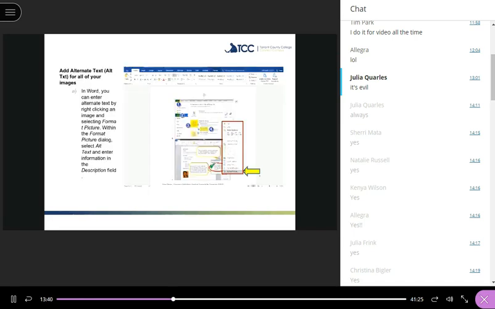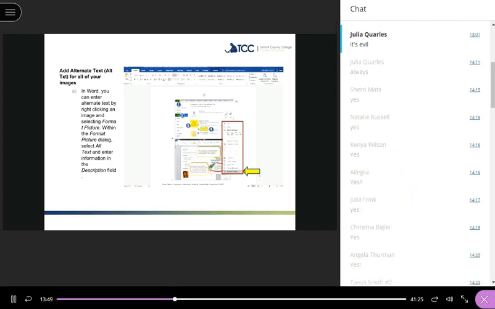Hey, Scott. Yes, sir. The screen reader will also, once it's a hyperlink, say hyperlink to automatically. It'll recognize that that's a hyperlink, and so it will say hyperlink to Tarrant County College. That's see. Thank you, Austin. That's totally cool. That makes it a lot more meaningful for all those involved, for sure.